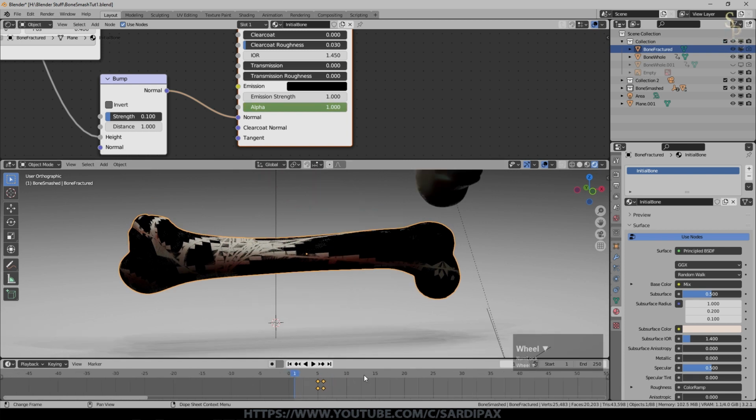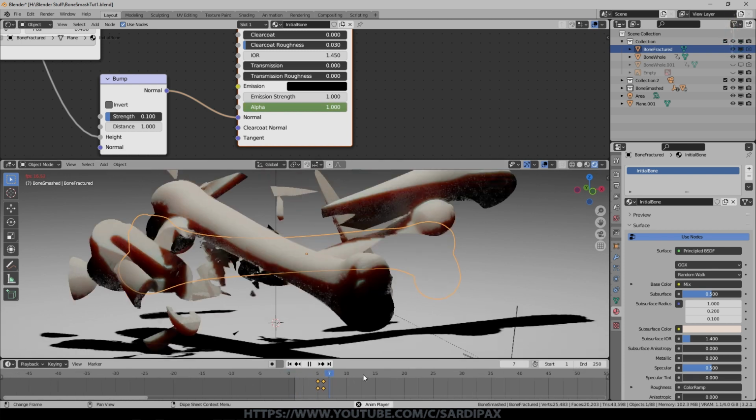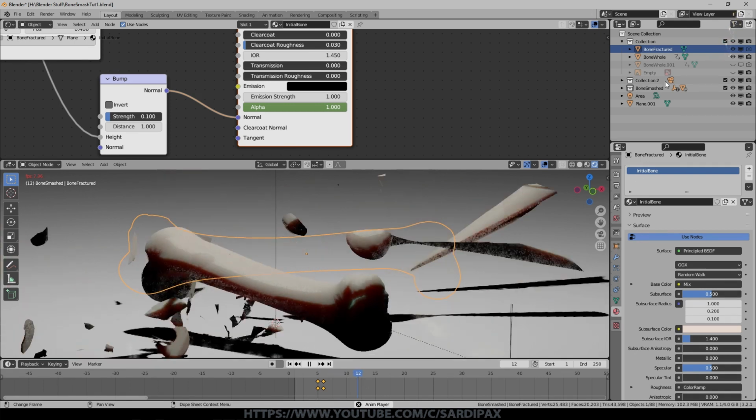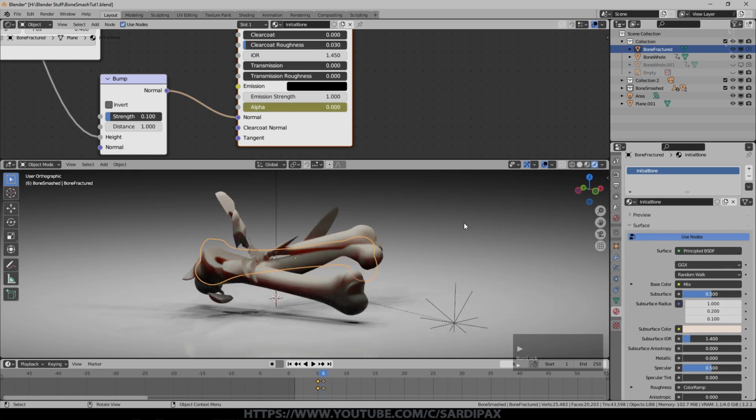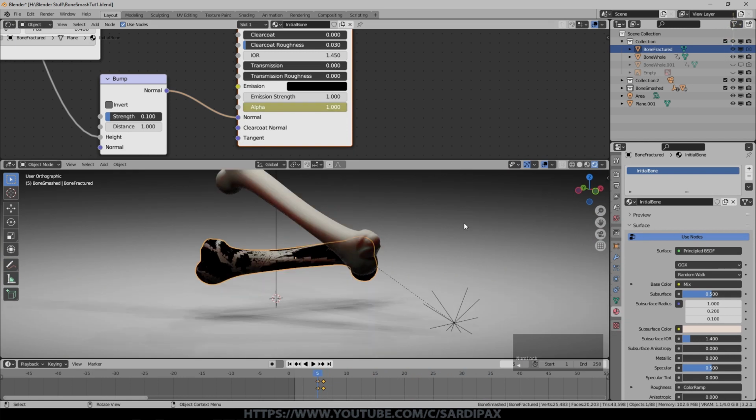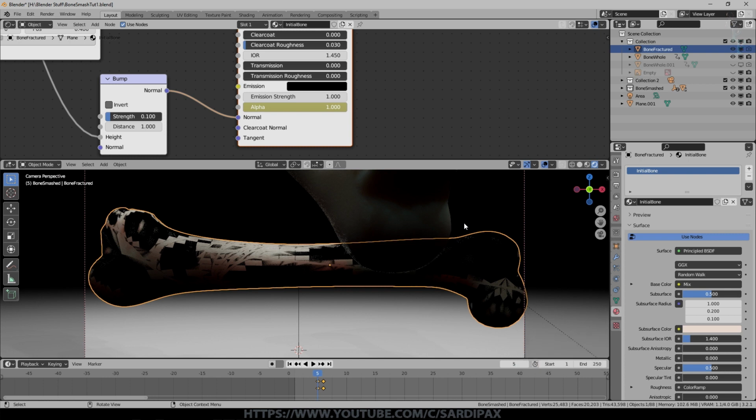So let's let the simulation run a little bit. Again, this isn't the ideal way to do it. It would be better to be able to do it with the collection, but that function isn't currently available. So we know that the bone breaks there. So we'll just look at what that looks like from a rendered standpoint. And I've got that initial bone set to not render, so that's why that wasn't quite right. So we'll just render that.